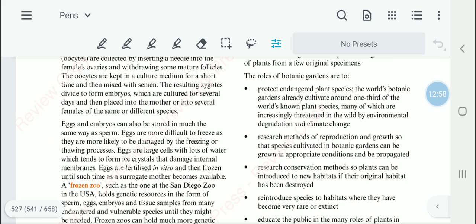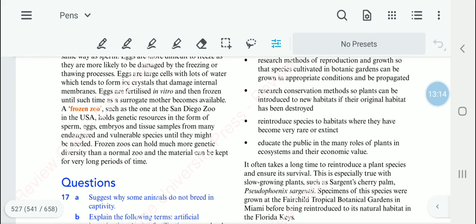Then we can research different methods of reproduction and growth of these species, and we can facilitate the required conditions for them to be propagated. Then we can research different conservation methods, so they will have new habitats. We can even change them to get adapted to new habitats if their original habitat is no longer available. Then if they have become very rare or extinct, we can reintroduce these species to habitats where they will again be able to thrive. Then we can educate the public about the many roles these plants play in their ecosystem